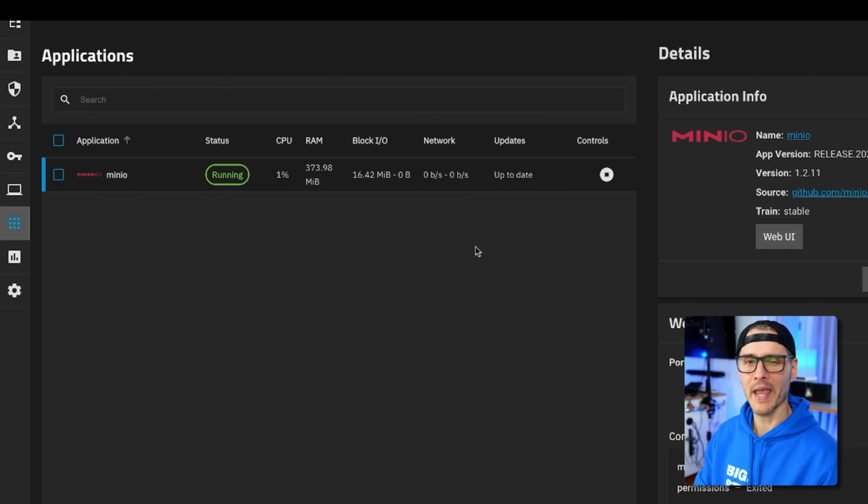And so this is really handy because a lot of my backups or a lot of my services, at least in Kubernetes or containers, they always like to back up to object storage, which is awesome. I agree, it should be object storage. And so I want to host that myself, and so I host it with MinIO. Now, MinIO used to be on TrueNAS proper. It wasn't an application. And then they took it off and now it is an application, which I think is the right way to go too.